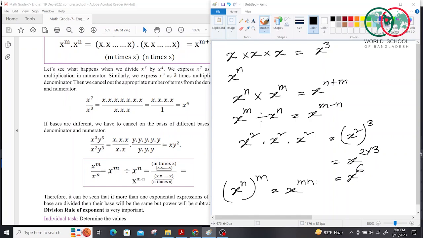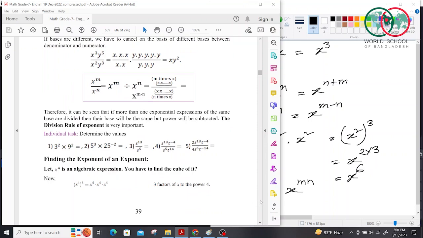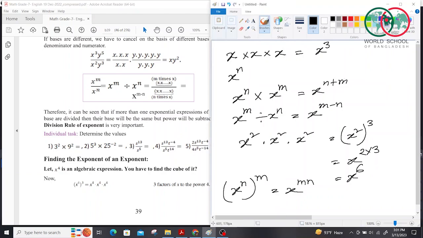Okay, now here we can see that we are given some problems to do. So I'll show you one and then the others will be done by you. Okay, so the first one,